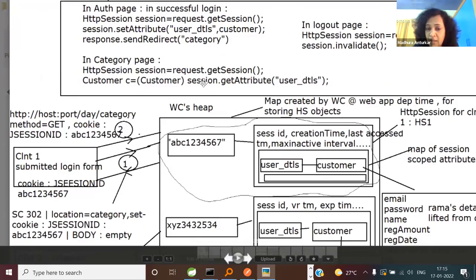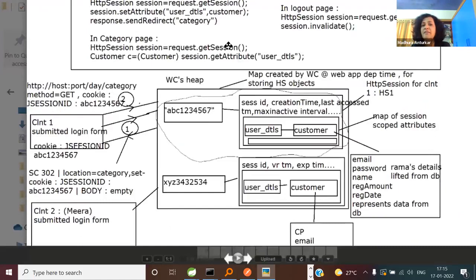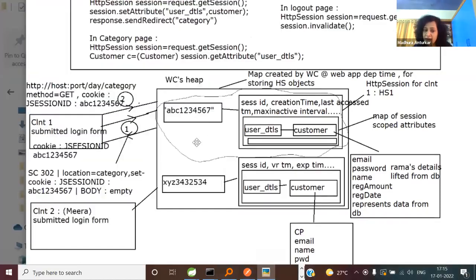So anyone wants to tell me. Now I want more answers, not just one. When you say request.getSession, what is the internal method the container will call? Request.getSession. Again, you are saying is new, Prashant. No, wrong. Request.getCookies. Now, this time, request.getCookies, will it return null or not null? I mean, no cookies or no cookies, not null.